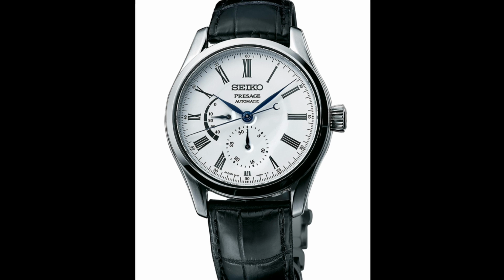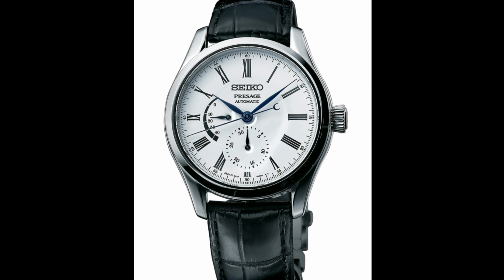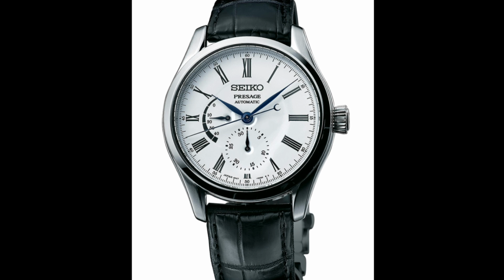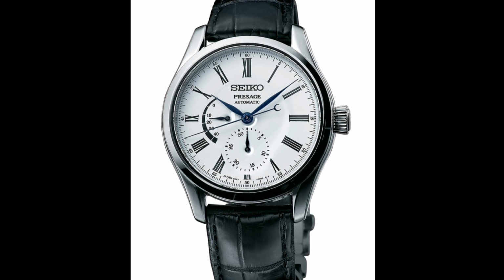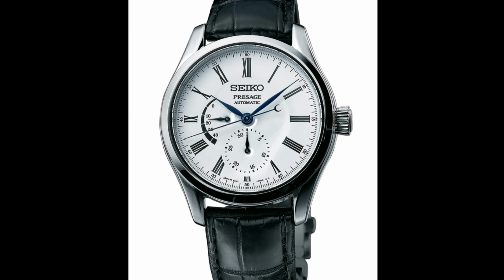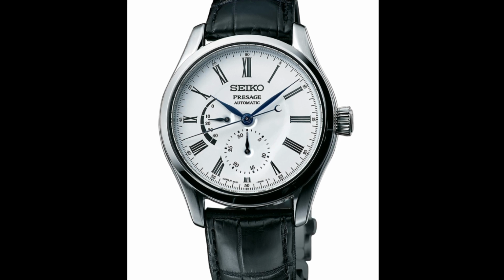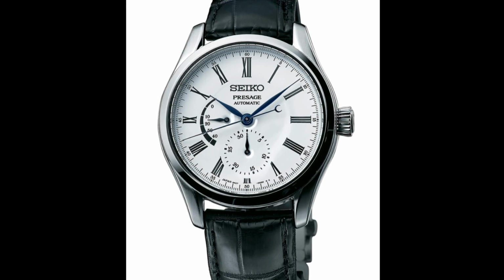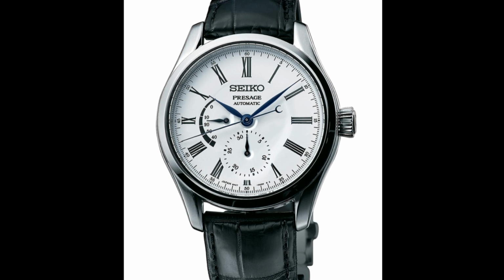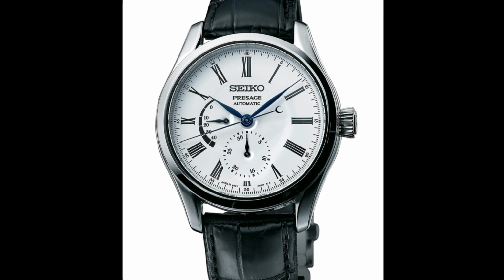Now, the finishing of the case is rather complex. One has a brushed finish on the top of the lugs, but even there you have a polished edge on the inside to further emphasise the difference between these two aspects of the watch. It has a polished bezel, which is again very nicely faceted on its edges to smoothly run into that crystal over the top of the watch. The sides of the watch are also polished to further add a lustrous air to this watch, as a luxury